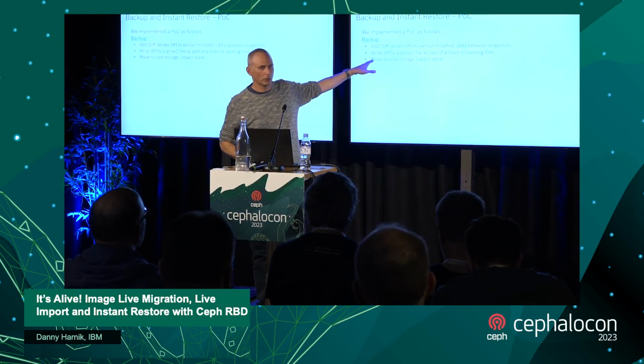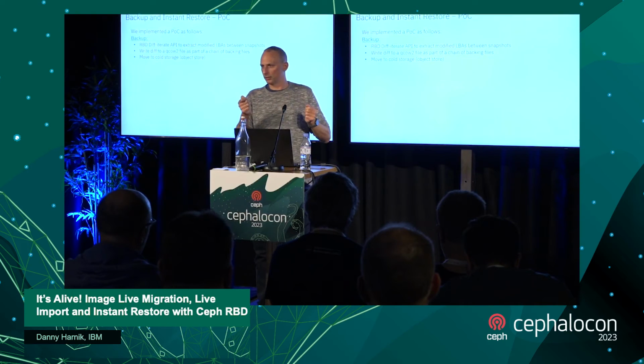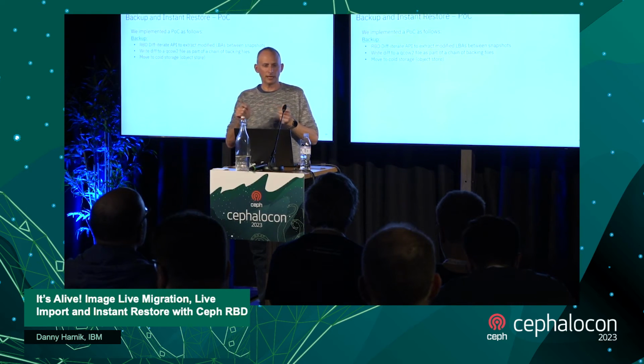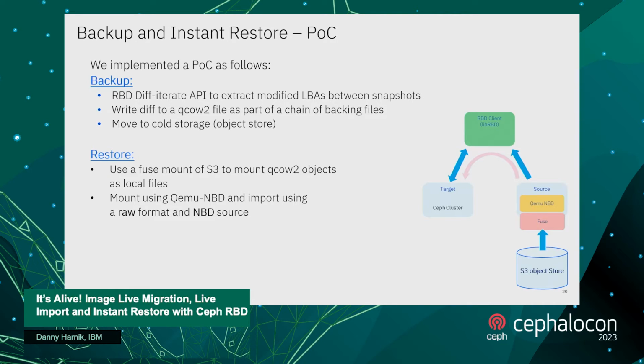And so every time we have a snapshot, we take it, we do the diff iterate, we create a QCOW2 file, and we move it onto cold storage to S3, basically. Just at the end, and add a pointer to the backing file. That's easy to do. The restore, so this one got a bit complex, not as nice as we'd want it to be,